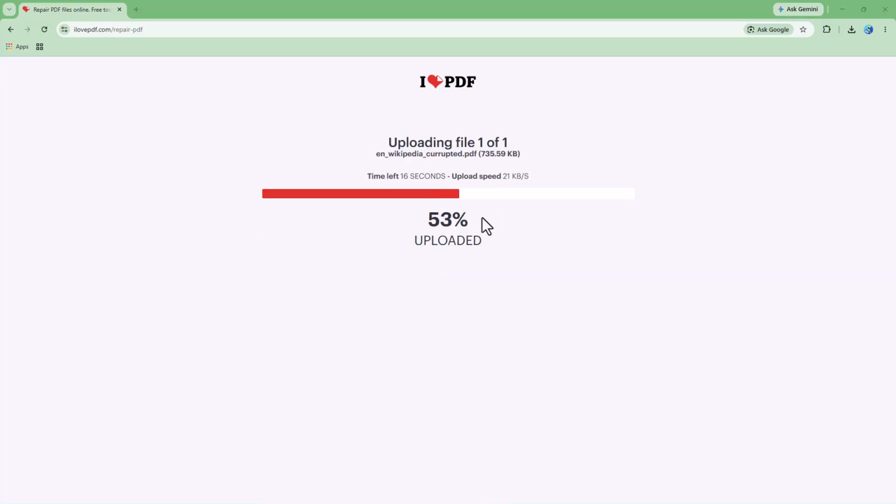And over here in a while, it'll complete the upload. So you can see that this is what you have. And the thing you need to keep in mind is not all PDFs are corrupted to the same level. Depending on the level of corruption, there may be chances for the repair and there may be chances of it not being repaired. But ILovePDF will do what it can to try to repair the